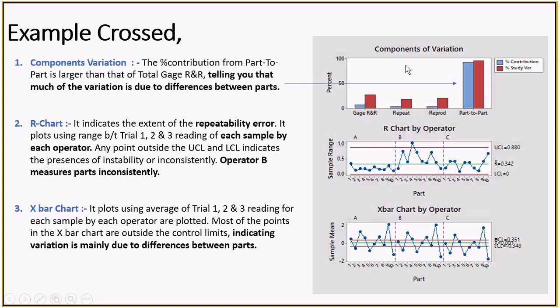So by looking at this graph, it looks like okay, the measurement system looking good, but I'm not concluding. Please note this. Now coming to R bar and X bar chart. What is the R bar chart? The R bar chart is basically a range. Range in the sense the highest value minus the lowest value of each trial. Okay, let me explain to you.